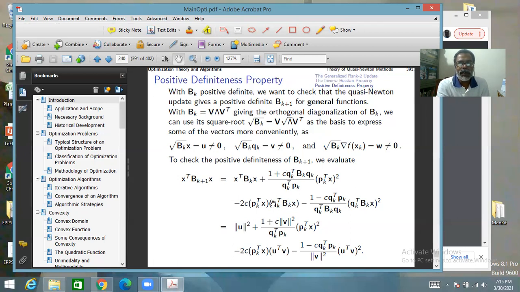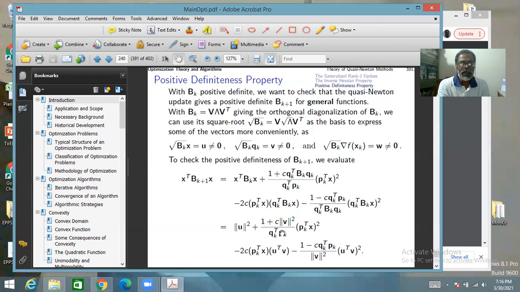Okay, so this one will be U transpose V. This also will be U transpose V. So those things, as you put, you get this as this as this, and then this one as U transpose V. Here in the denominator you get V mod square. Here it is U transpose V. So the things are a little simplified, in terms of lots of mods, which are positive, very clear. We further